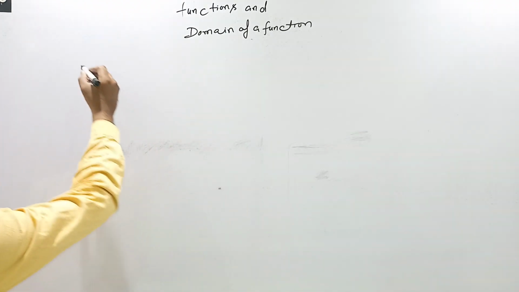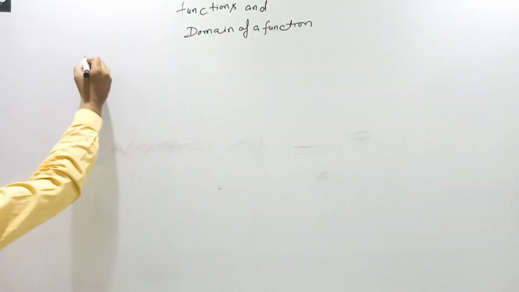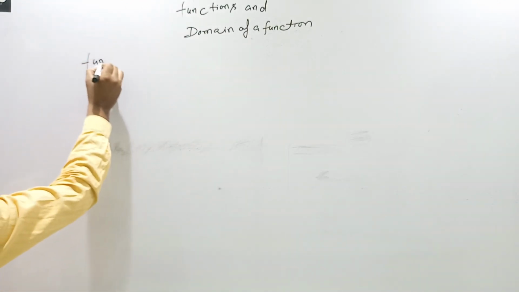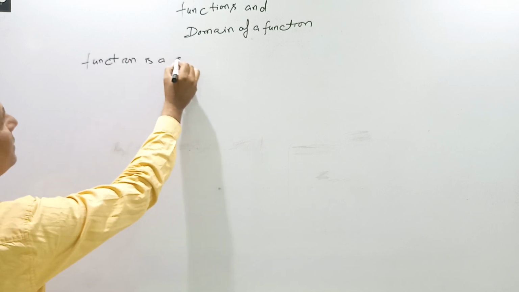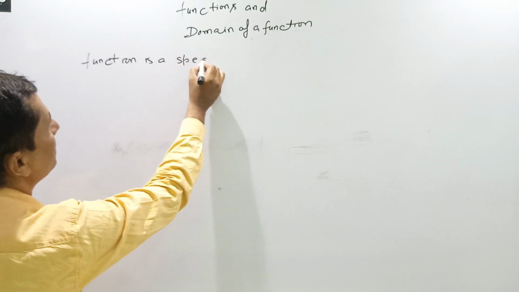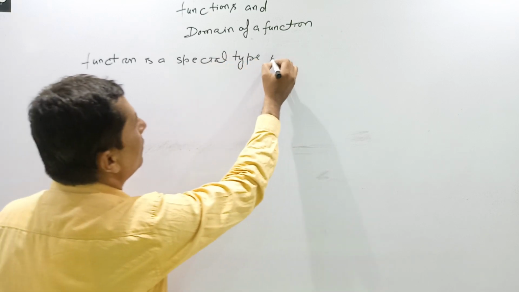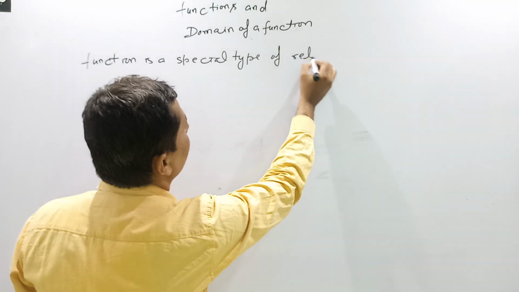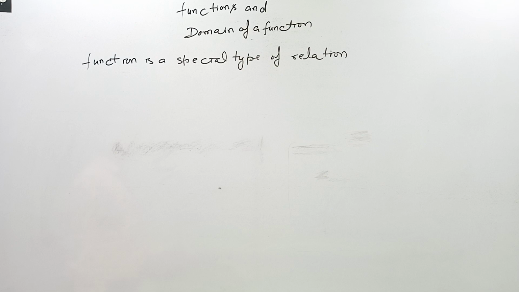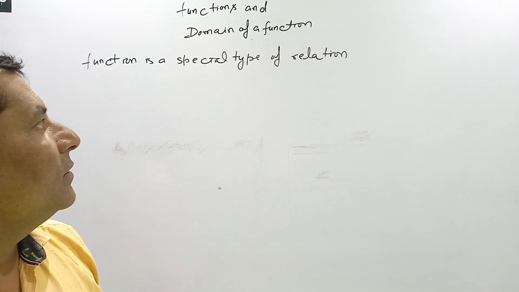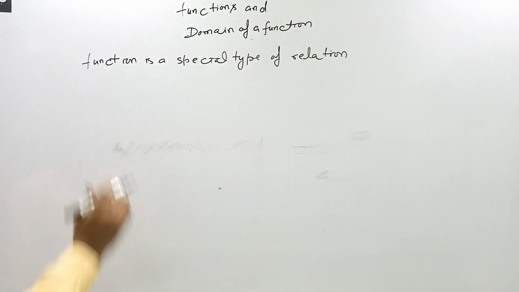As a definition, if you say what is a function, you can write down: a function is a special type of relation. Function has come from relation only, beta. Function is a special type of relation. As a definition,